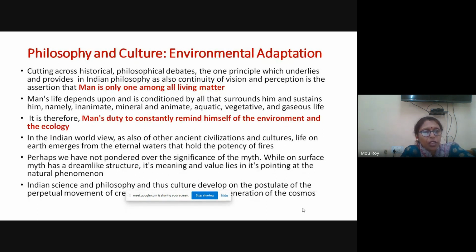Then there is also a word, prakriti. Prakriti basically means the nature, the natural world. According to Indian philosophy, prakriti is composed of purity, activity and inertia, and these qualities are believed to be present in all aspects of nature, including humans, and they influence the balance and the harmony of the natural world.